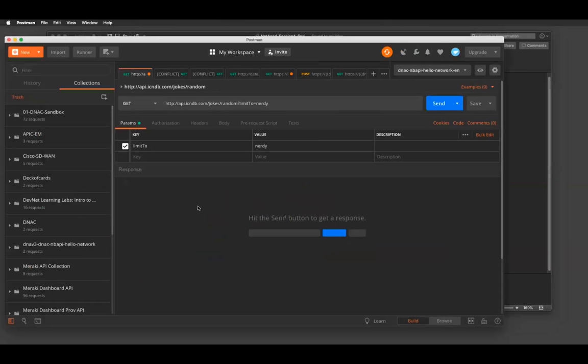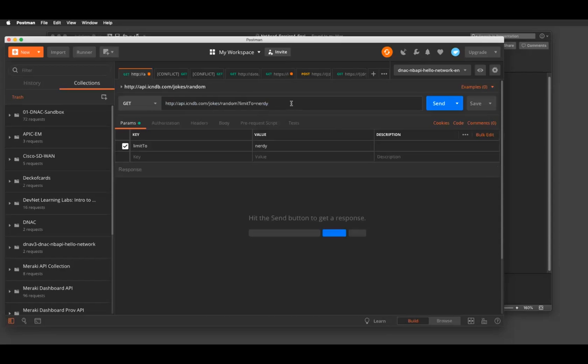Okay. So again, this is Postman. By default, it does show up as kind of a white background. I just changed mine to kind of a dark mode. But essentially, the very first URI, let me copy this into our chat to everyone, is that URI there. So this is, again, going back to the Chuck Norris database.